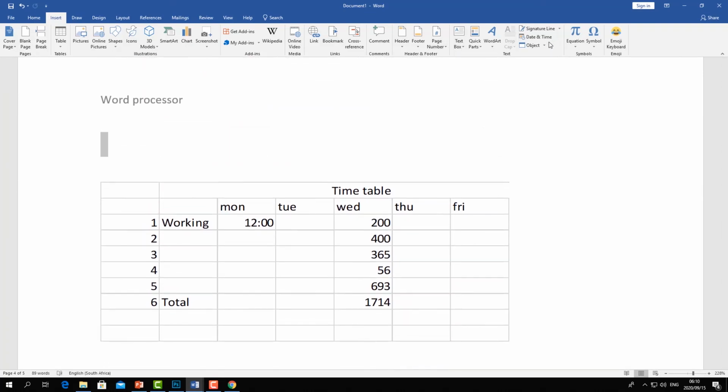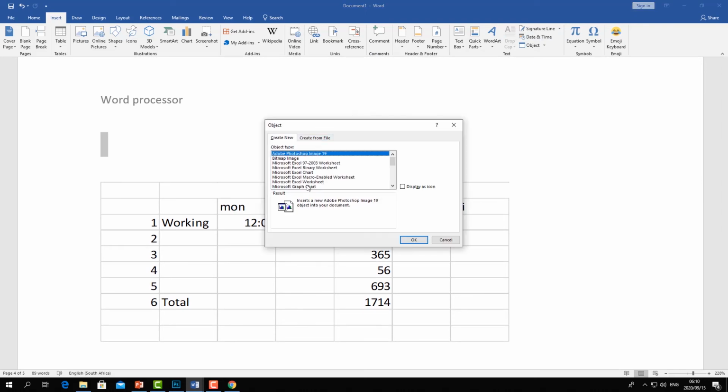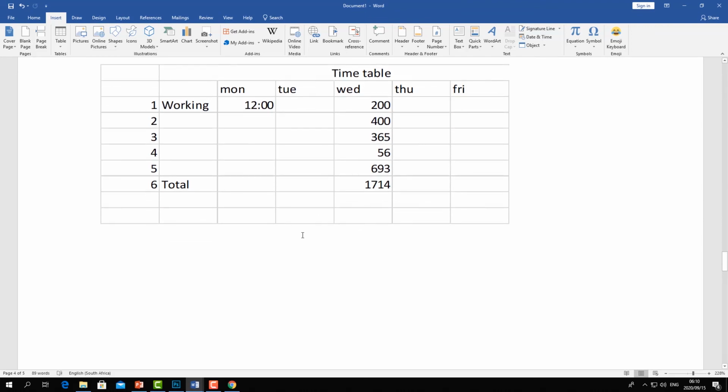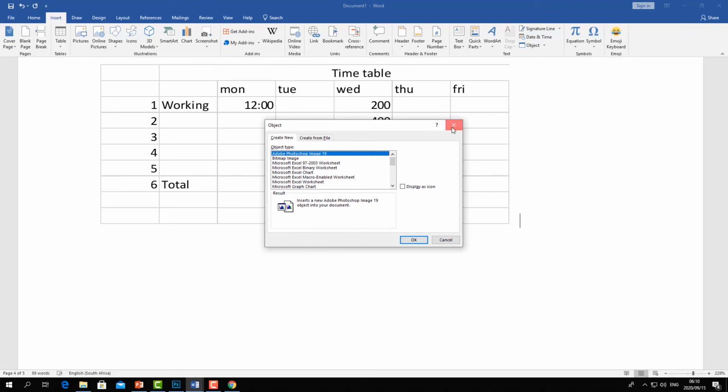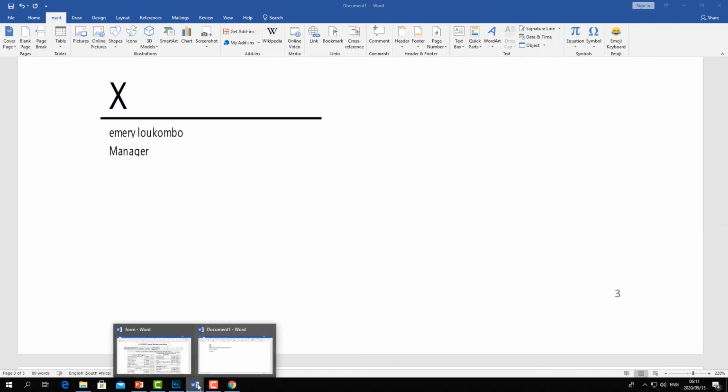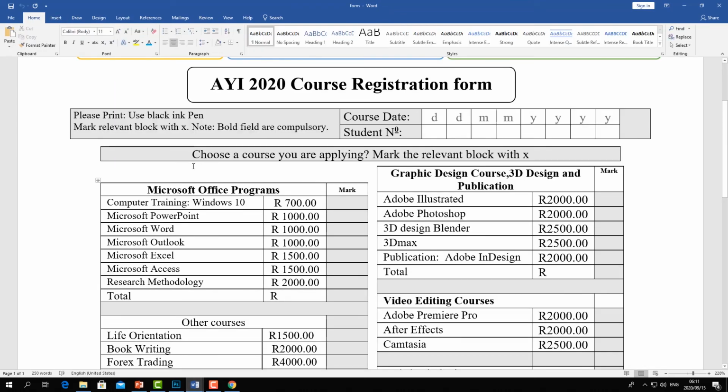It allows you to go to another program, like PowerPoint, chart, Excel or other program, design something and bring it inside your Microsoft Word without copy and paste. So you're working from another program into Microsoft Word. The last thing on the object is text from file. If I want to merge two documents, there are two ways. If I want to copy information, like the table, into my Microsoft Word here,